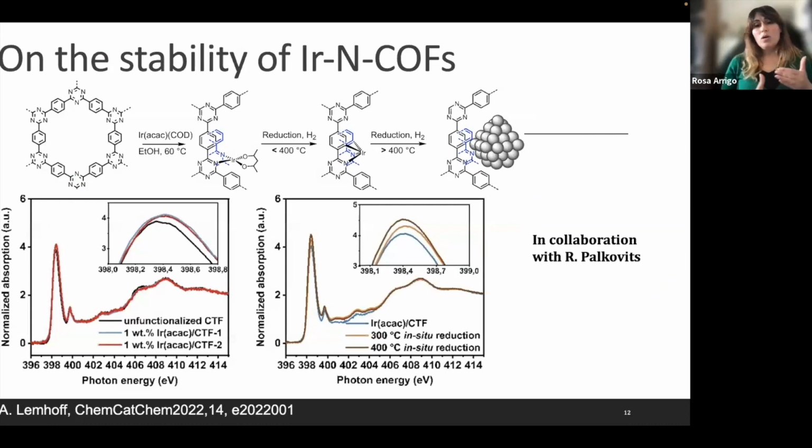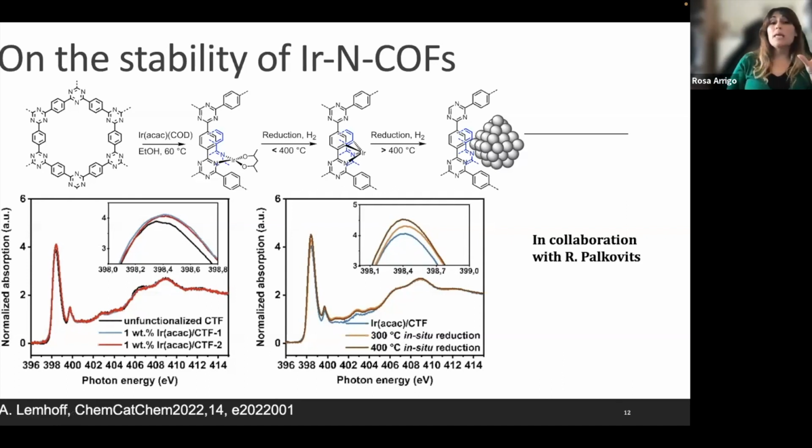So we continue. Another example of tailoring the reactivity of metal species on carbon is the following here, in collaboration with the group of Regina Palkovits in Aachen, Germany. We studied iridium on a covalent organic framework containing nitrogen species, particularly for the decomposition of formic acid, or the opposite reaction. And what we saw here is, for example, that in this case,